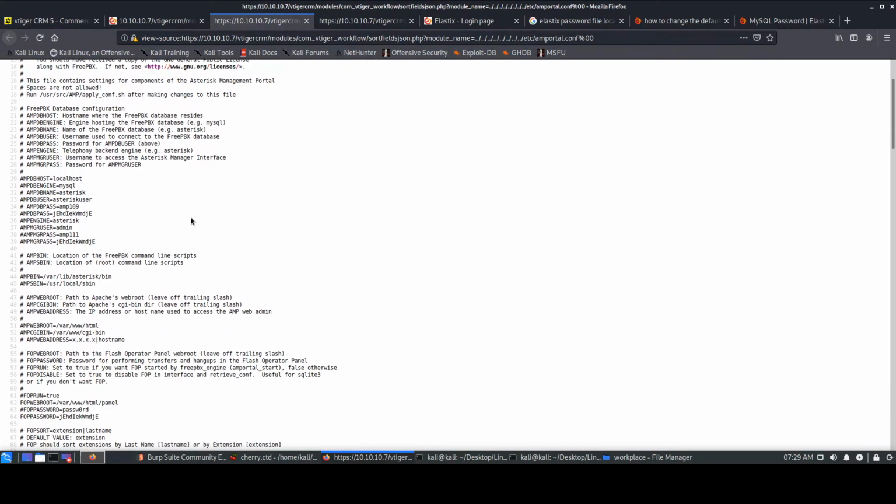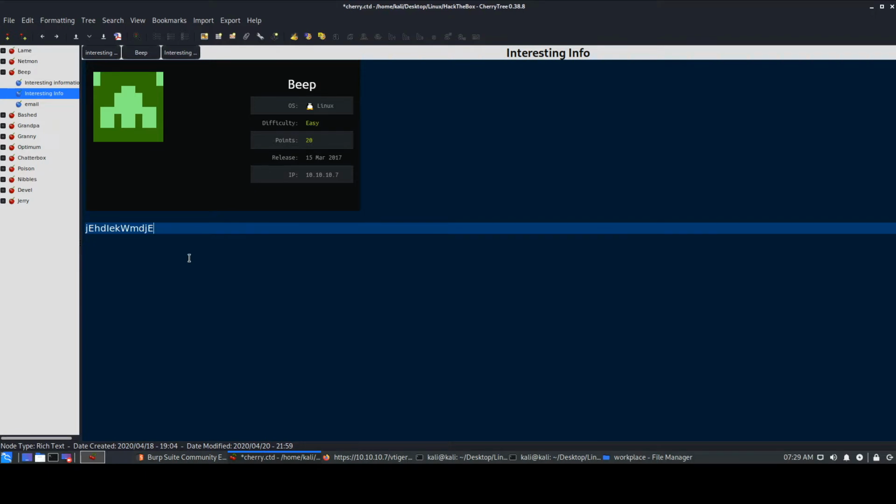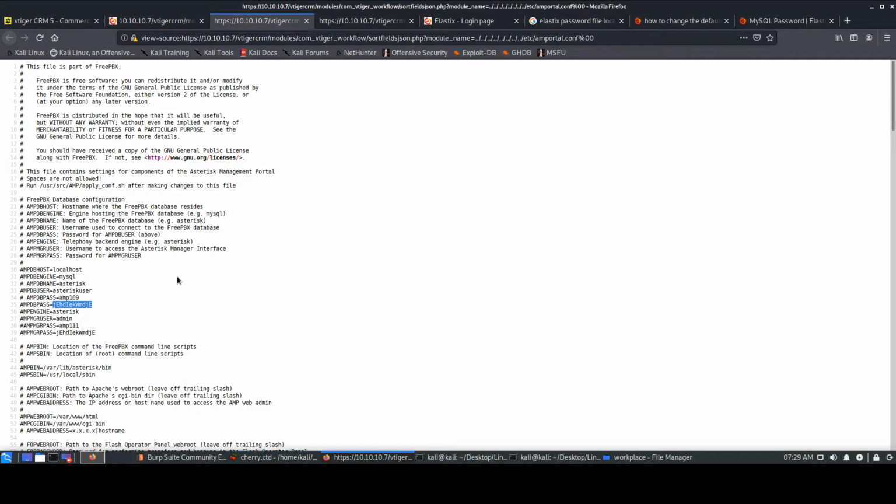So what we'll do is just view page source, and we see that we have multiple things present. It says some host, engine, name asterisk, MySQL host, asterisk user. It says asterisk again, and it gives us some password over here. It says DB password. So we have a password from the file etc amportal.conf. I don't know which user it belongs to. Most likely it belongs to this asterisk user because it's present over here, DB user and DB password. So let's see further.